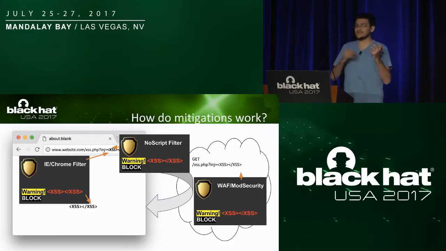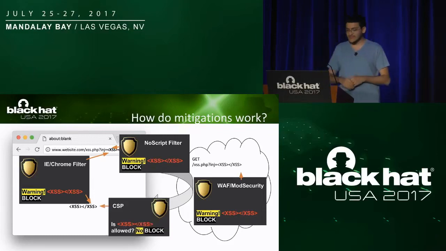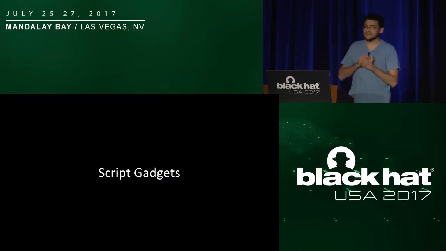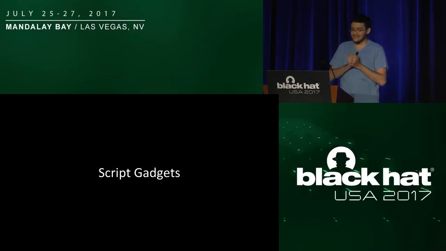They see the request and they see the response, and then they block the attack if the response is in the request and it looks like an attack. And finally, CSP ignores the request altogether and just sees whether this XSS payload is good or not. And if it's not, then it blocks it. All right. So with that introduction to mitigations and what XSS is,